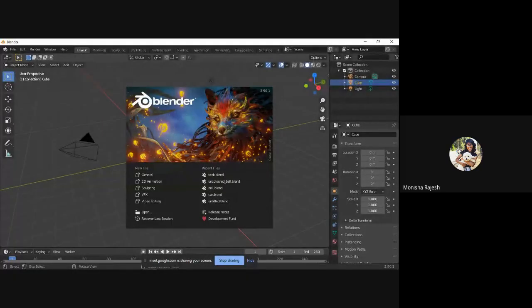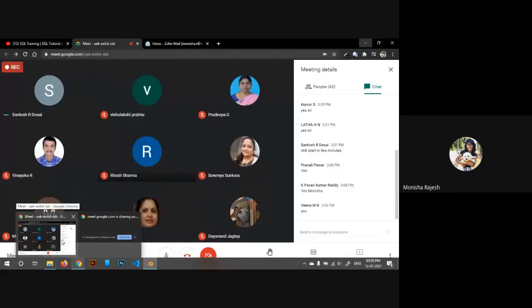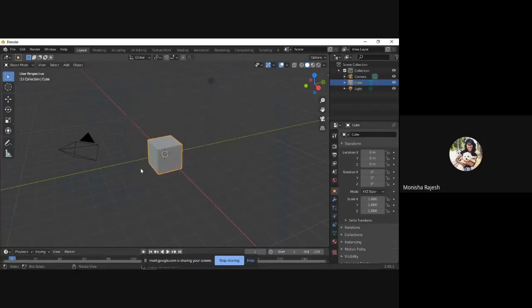Okay, so I'm guessing my screen is visible. Can you see the Blender opened up? Yes, it's visible. Once you open it up, this is what you're going to have, and this is what you'll be starting with. So all your operations are going to happen in this particular screen, and all your tools and everything will be on your left and your right. Now, you'll be presented with this object, a cube, and you'll be able to perform multiple operations on it. We'll get to that in just a minute.